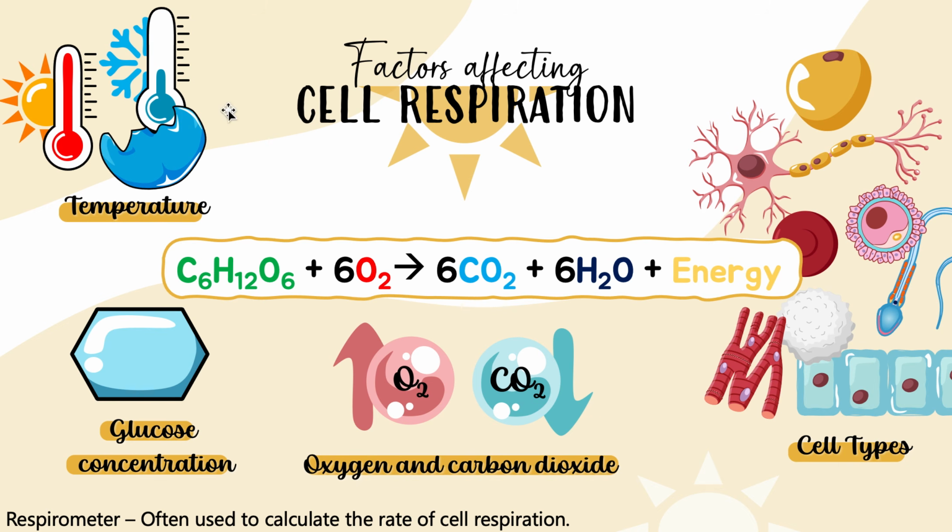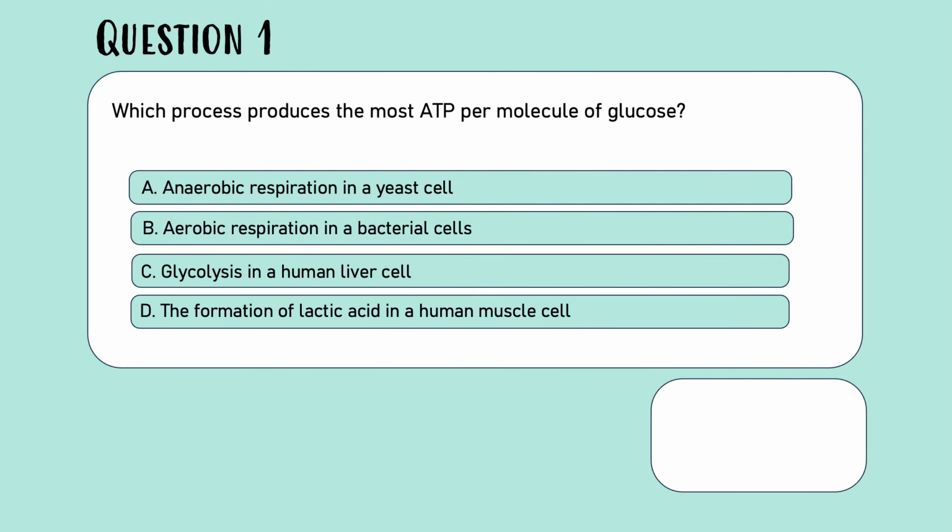The cell type and temperature, along with glucose concentration. So think about it already. Three of these, carbon dioxide, oxygen, and glucose, you can already see just from the equation, okay? So that's important. Know these 5 factors that affect cell respiration. Now let's go into some questions. These should be pretty straightforward if you've understood everything that I've talked about so far.